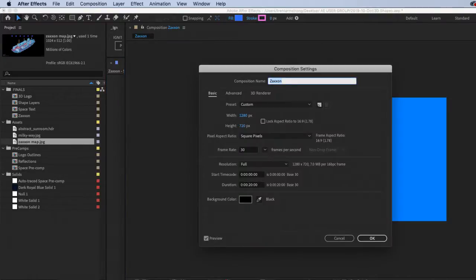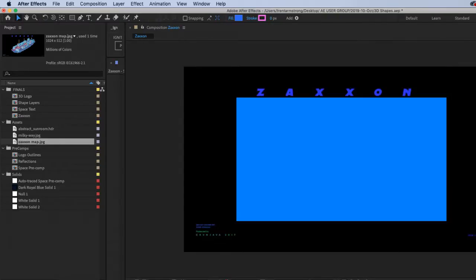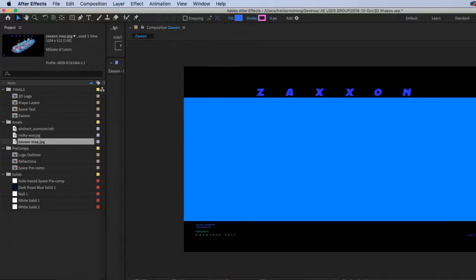I'm just going to make this 1920 by 1080 because I think that fits the screen better. And so this is going to be width. We'll just do like 3000 and 720 is good. This will be our ground.